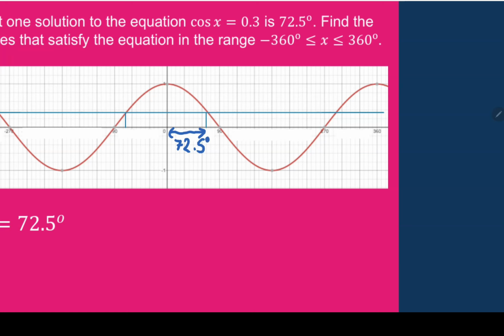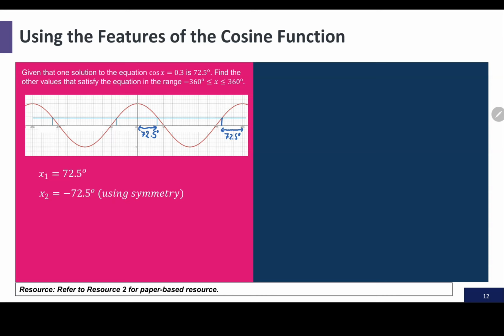To get the other solution, which is here, this gap is also going to be, by symmetry, 72.5 degrees. And also this gap here, look, is also 72.5 degrees, which gives me this second solution here. The third solution, so that one's x1, this one's x2, this one's x3. And the final solution is going to be 360